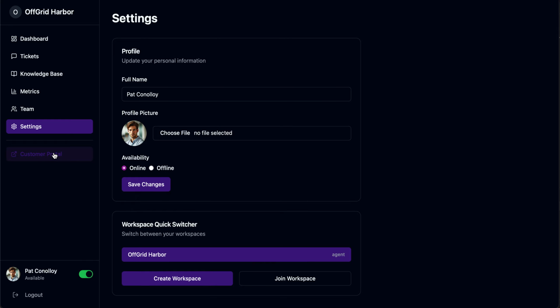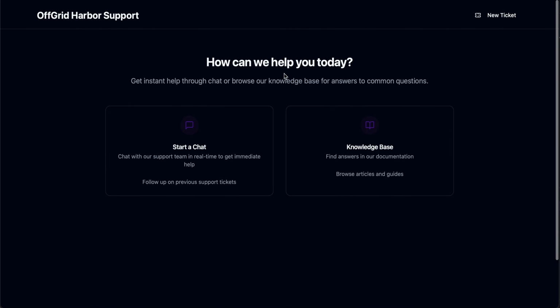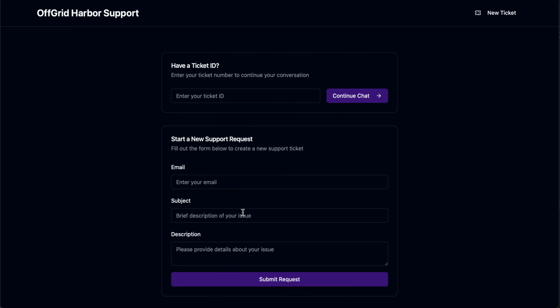This link takes you to this support section, which is essentially an entire other section of the website that's all publicly available. This is the link that you would send to customers if they want to browse your knowledge base or start a chat. Starting a chat also creates a support ticket by default, just like filling out this form. And then once you do that, you're able to go into the other side of that chat UI that